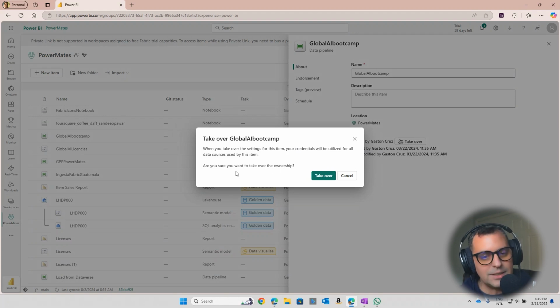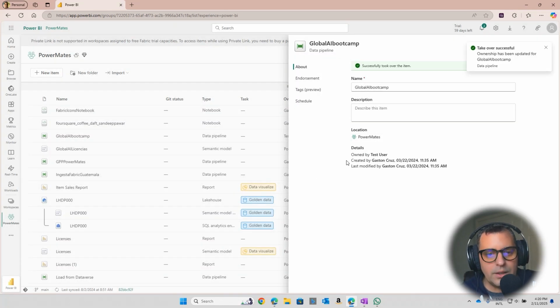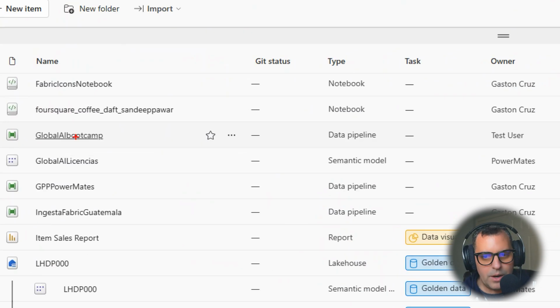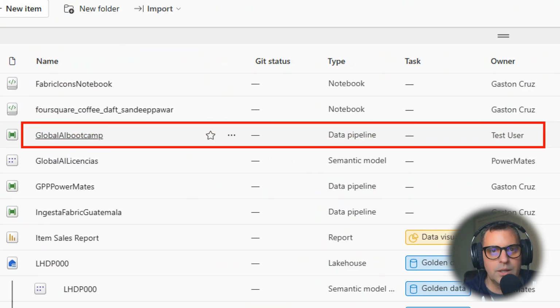Let's say yes, I'm going to take over the ownership, and once you take the ownership of that data pipeline, you can check again in your workspace and you're going to see that right now, if I get this pipeline, instead of my name as the owner, you can see the new user taking over the ownership. I showed this for a pipeline, but you can go over to additional